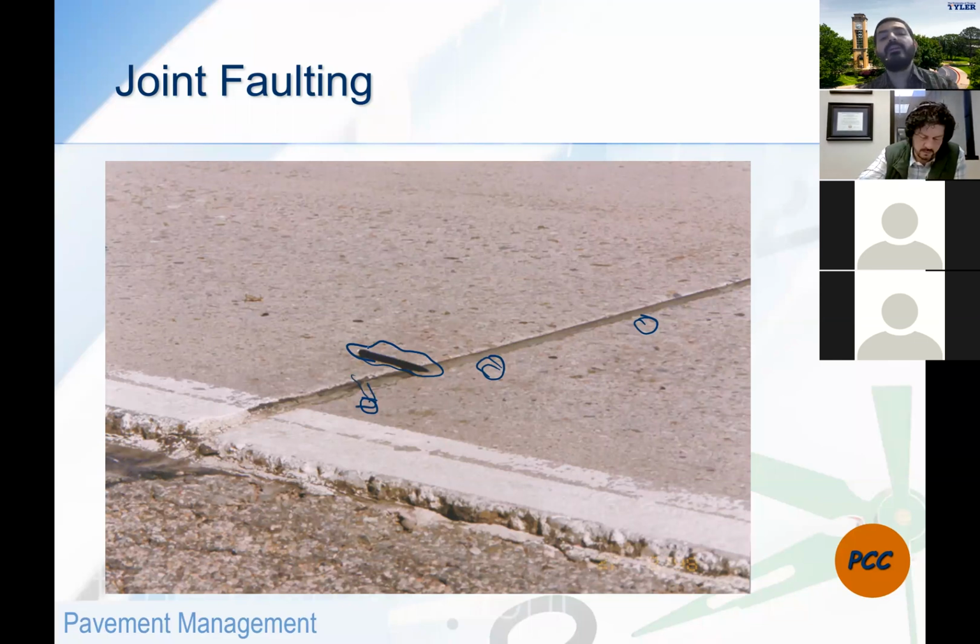Basically, we're just trying to pump that much cement paste to replace the amount of fine materials that was lost, hoping that this is now gonna introduce pressure at the bottom of the slab to raise the slab to the original location, or at least reduce the faulting. But if the problem is really bad, we're gonna end up with replacing the bad slab, regardless of